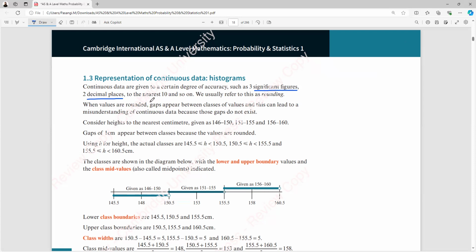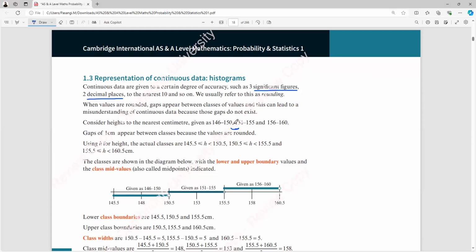When values are rounded, gaps appear between classes of values, and this can lead to a misunderstanding of continuous data because those gaps do not exist. Actually, we don't have those gaps. So now what will happen? Consider heights given to the nearest centimeter. Let's assume they have given the class intervals like 146 to 150, 151 to 155. See, now here we have a gap because if we have the length like